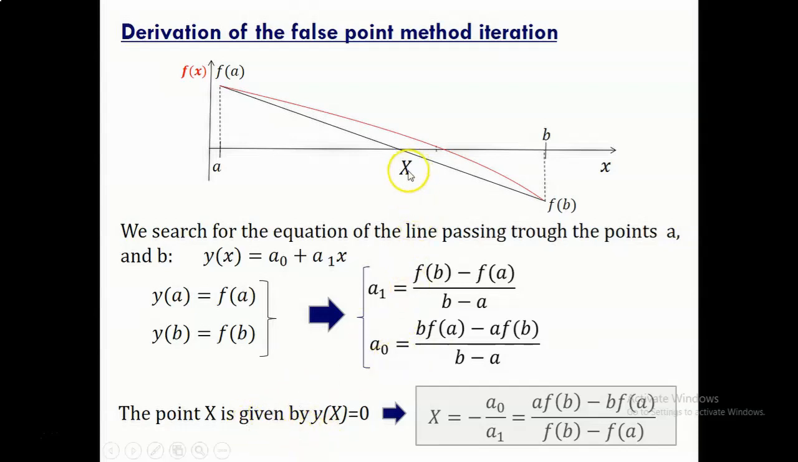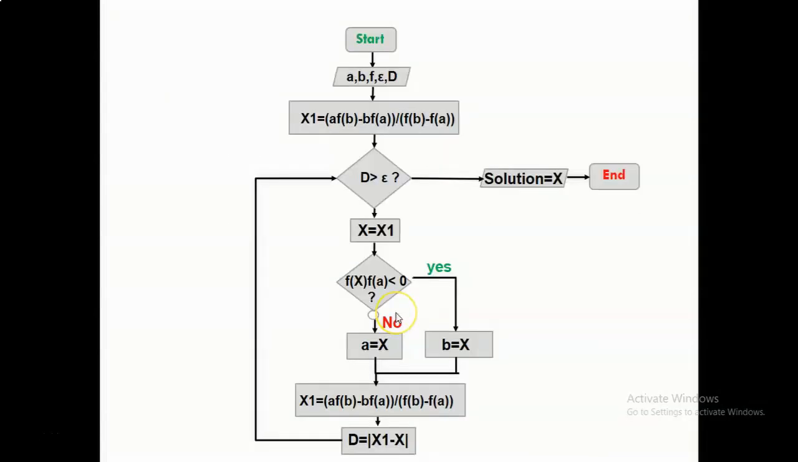And now this point x is given by y of x equals 0. So x is equal to minus a0 over a1, which gives a f of b minus b f of a over f of b minus f of a. The flowchart, or the algorithm for the false position method, is similar to the flowchart of the bisection method, except